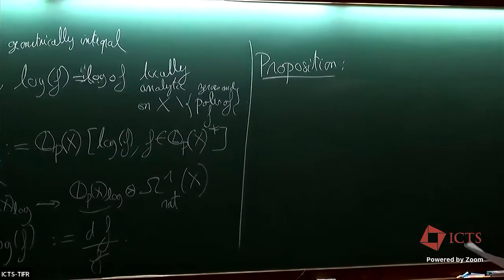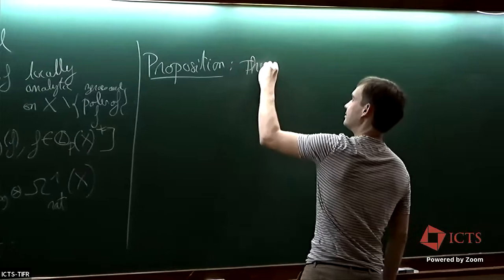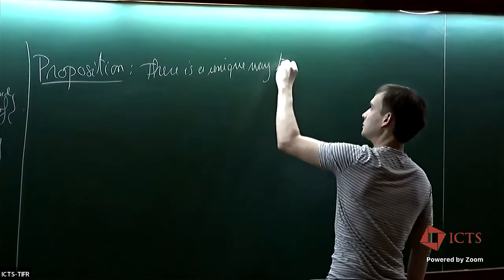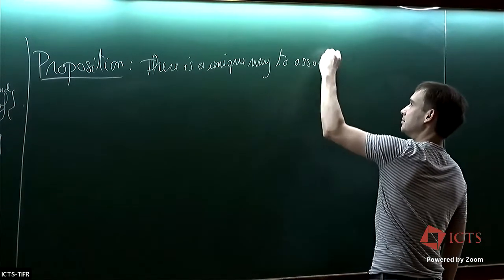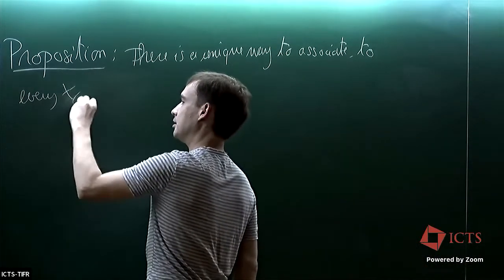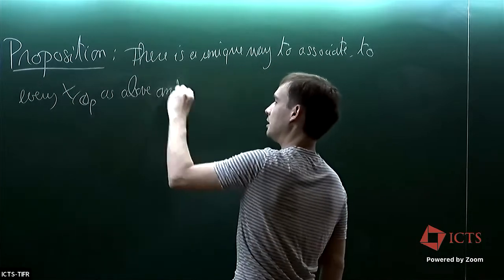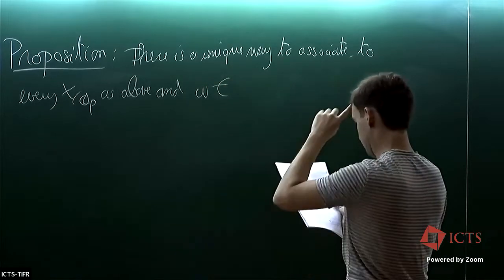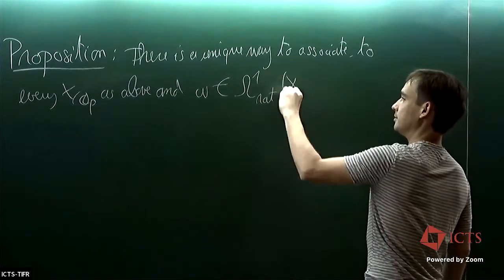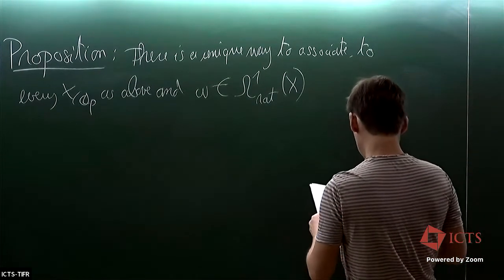So now I give immediately the main results about all this. Basically, this is the result allowing you to do p-adic integration. So there is a unique way to associate to every x over Q_p as above, and omega here, a rational form on x here,